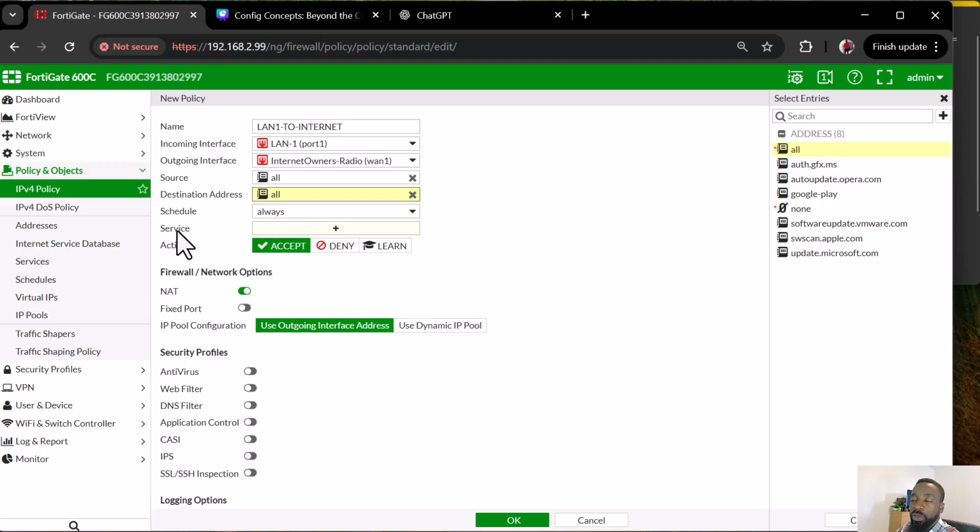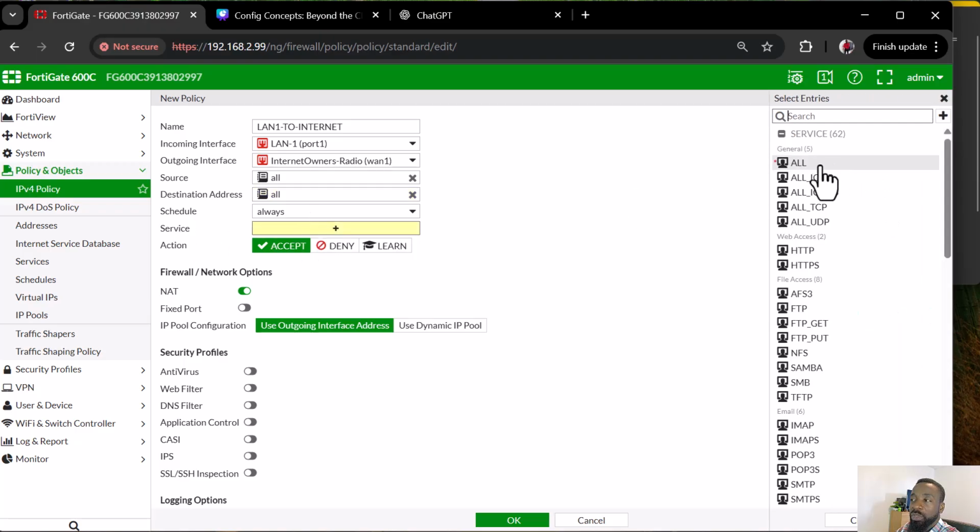Now we'll look at the services. We'll permit all services. If you wanted to permit a specific service, say email, ping, file transfer, that is FTP, or let's say you want to permit SSH and things like that, this is where you will select it. But for now, we are selecting all of the services. So we click on all,